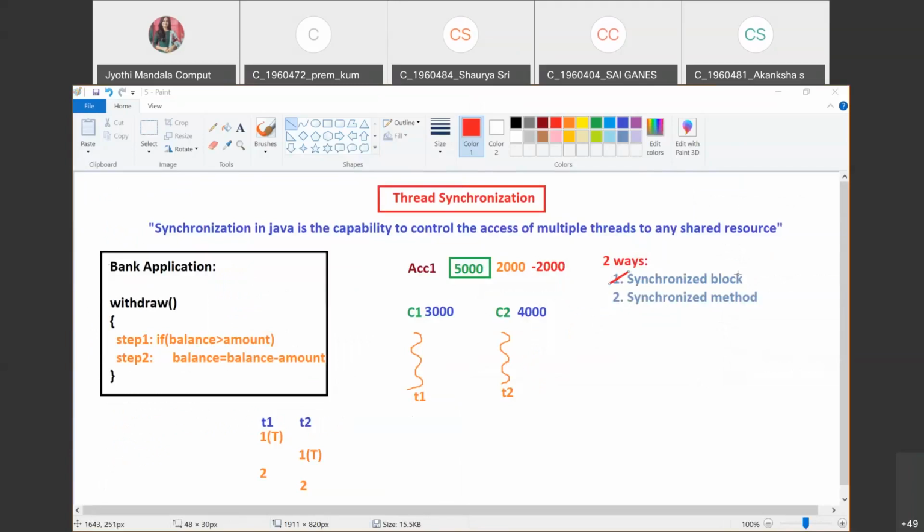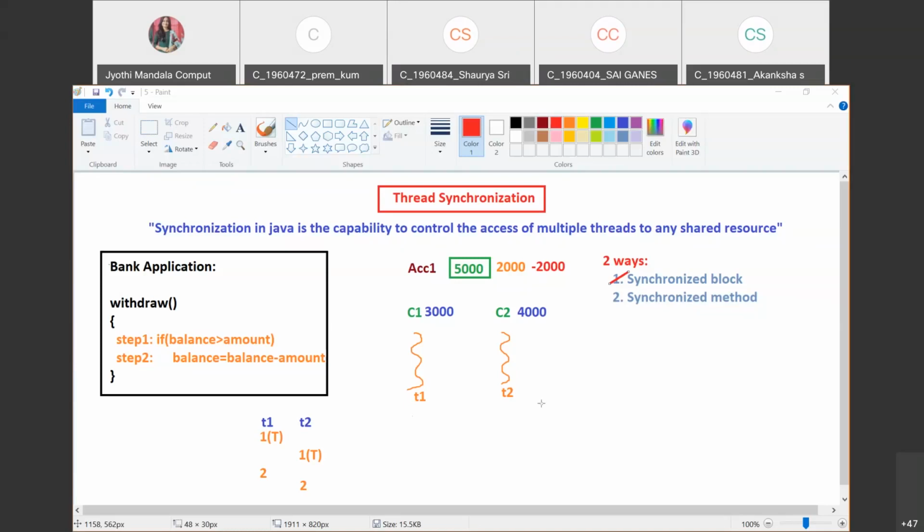We can group a block of statements into synchronized, where if one thread is allowed to enter that block, another thread should be waiting to get a chance until the thread which is inside the synchronized block comes out. Okay, see how to do that. I'll show you through this program.